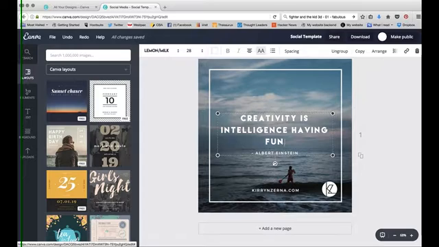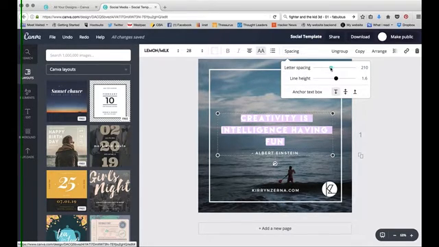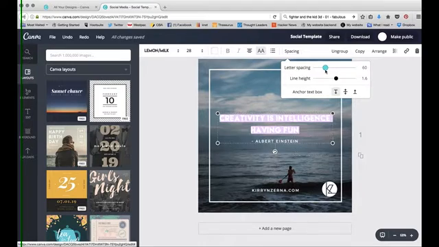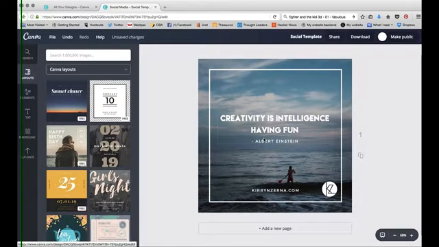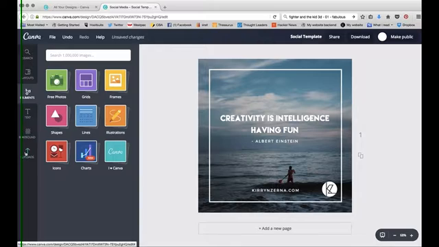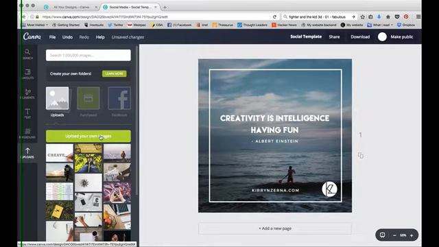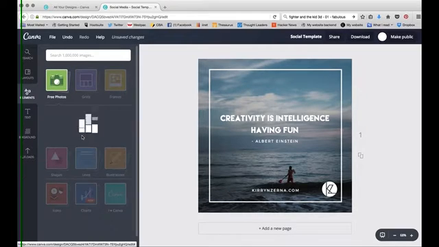You can also change the spacing. There's something weird that happens with my A, but you can change that letter spacing, make it bigger or smaller, like that. You can change the line height. There's a few things you could do there. And then I just want to change the background. If I wanted to upload a photo, you just upload your own images. Or if I wanted to pick another one of theirs,